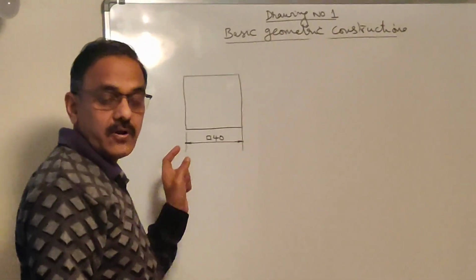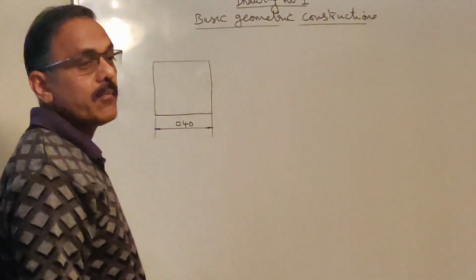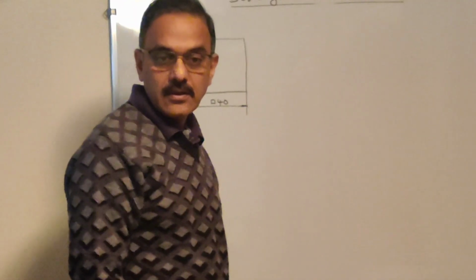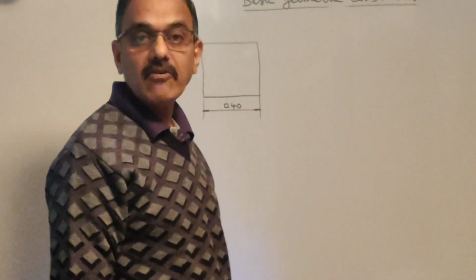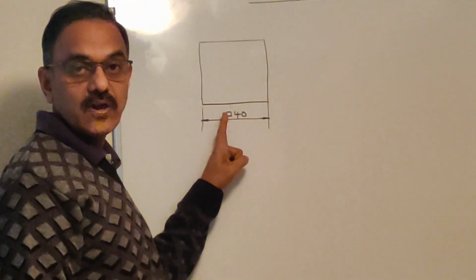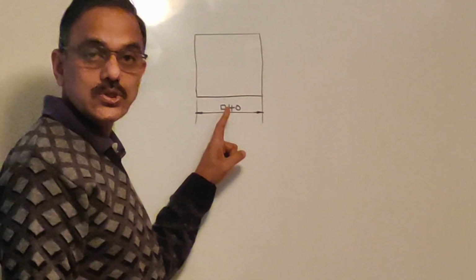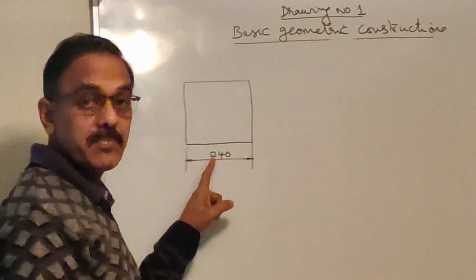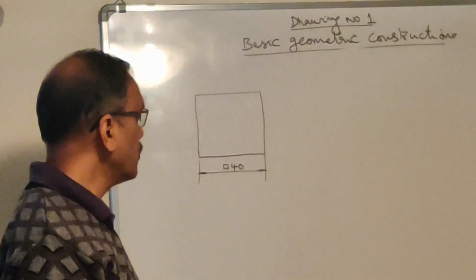When you go for the dimensioning, it is done using a command called smart dimension. So when you go to smart dimension, you have an option to choose the prefix. This is the prefix, a square block. Okay. So you can choose it. Once you choose it, it will come as a prefix here. So that's how you do the dimensioning here.